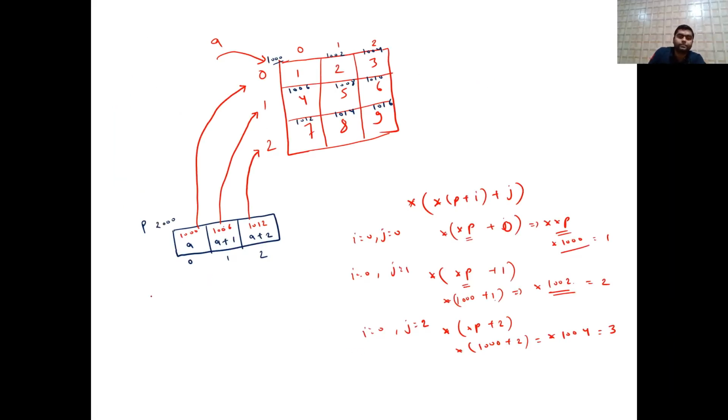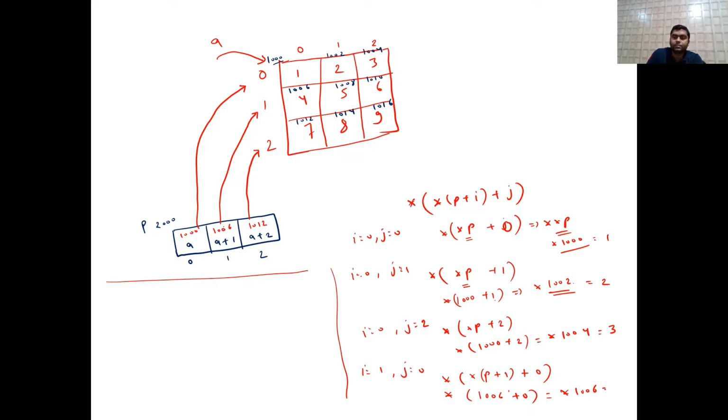Now observe very carefully. Next time, come to this side. Next time the value of i is 1 and the value of j will become 0. So what will happen, *(*(p + 1) + 0). So p + 1 means first row selection. First row means it is not the 0th row, it is the first row. So it is 1006 and plus 0. So ultimately this will return the value at 1006. So what is the value at 1006? Observe carefully. It is 4. So you will get 4 as the answer.